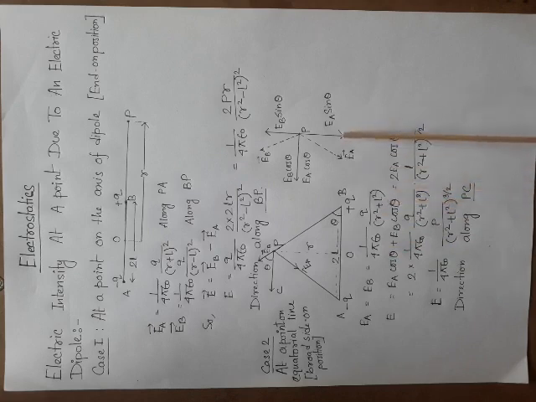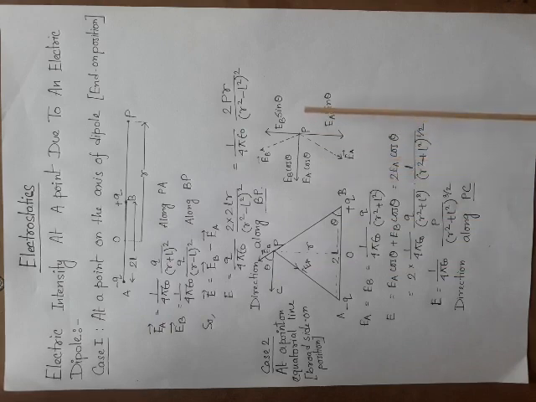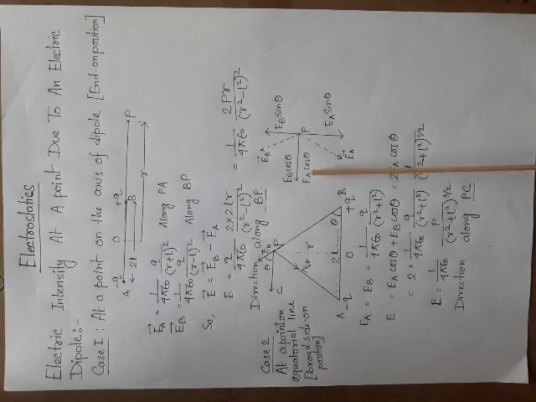Now in the elaborated diagram, we can see EA and EB, both the electric field intensities can be resolved in components, as these angles are theta, such as EA sin theta, EA cos theta, EB sin theta and EB cos theta. Now we can see EA sin theta and EB sin theta both are equal and opposite, so they are cancelling each other. So the net electric field intensity at the point P is equal to summation of EB cos theta and EA cos theta.